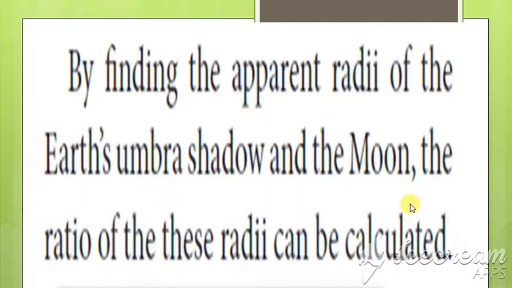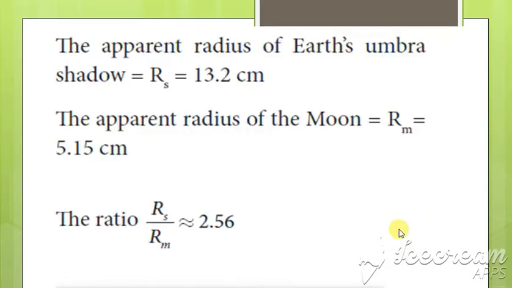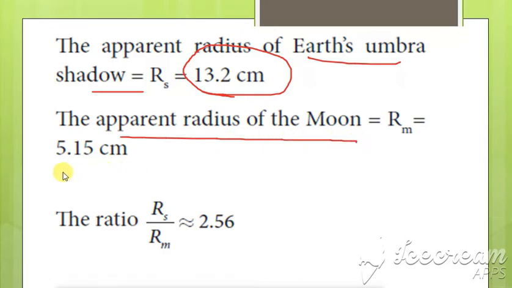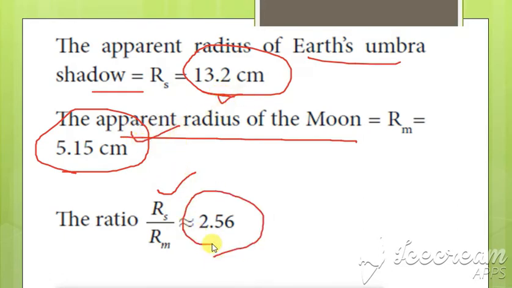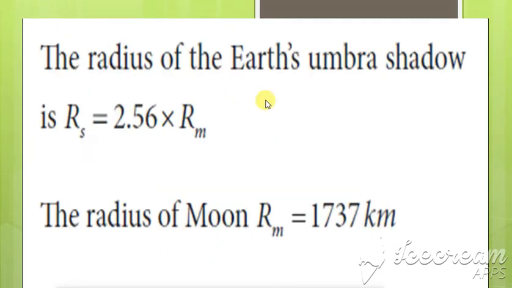By finding the apparent radii of the earth's umbra shadow and the moon, the ratio of the radii can be calculated. This is the earth, this is the moon, and this is considered to be the shadow over here. The apparent radius of the shadow is found to be 13.2 centimeter, and the apparent radius of the moon is 5.15 centimeter. If you divide RS by RM, we get nearly 2.56. So the radius of the earth's umbra shadow is 2.56 times RM,